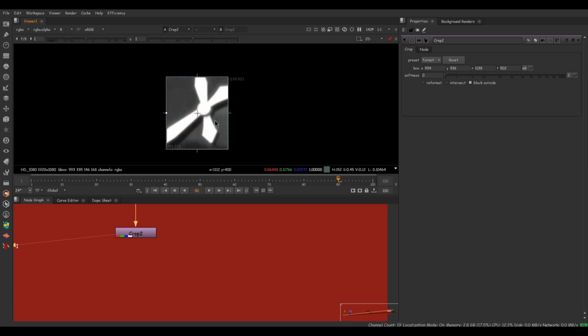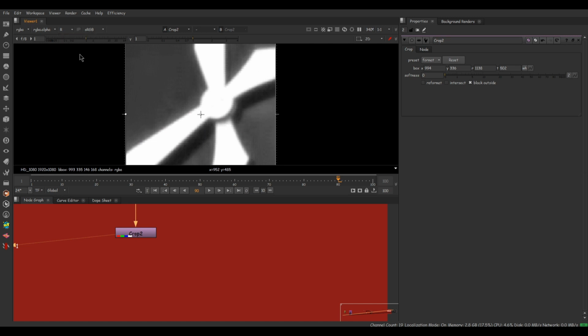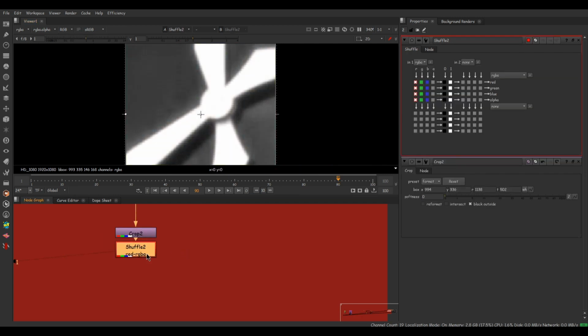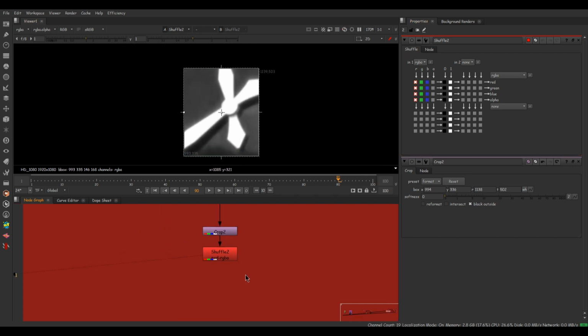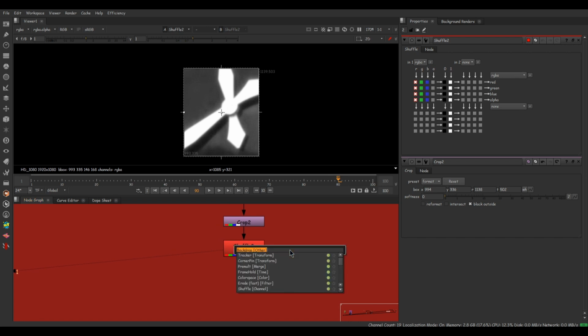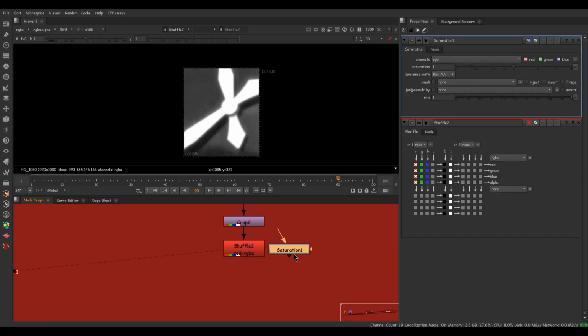So here in channels, if we check red, green, blue, we can see there is some data which can help us to obtain those focus pull values. I think our channel looks better. So I have a shuffle here where I shuffled all channels to red. All set. Now we can crunch these black and white values. Also you can use saturation node for this. We are sticking with the shuffle here.